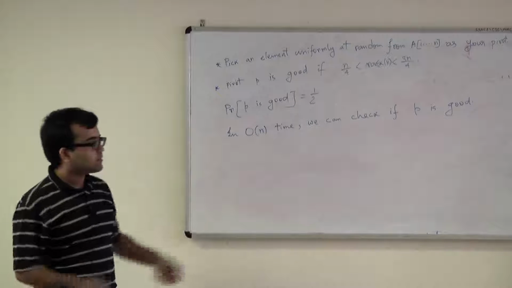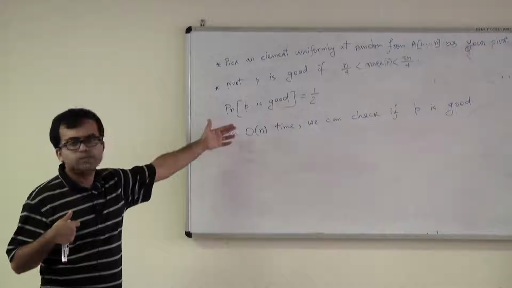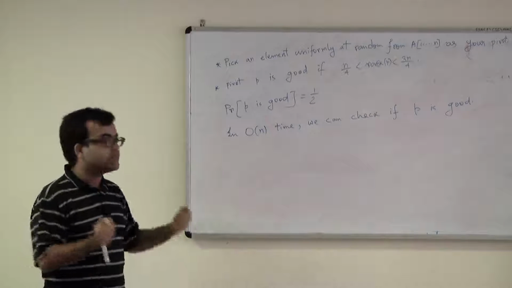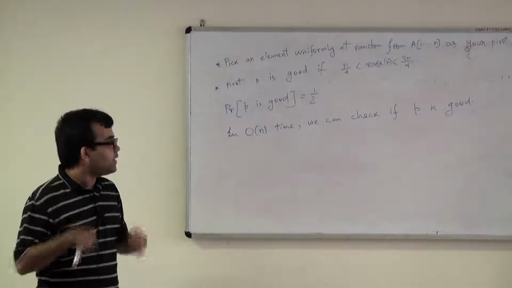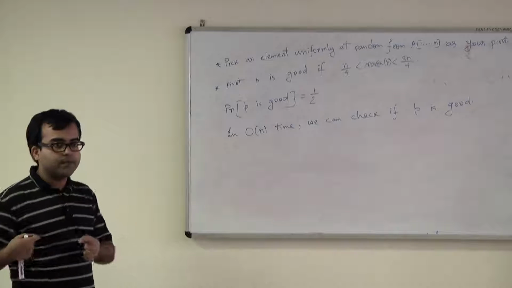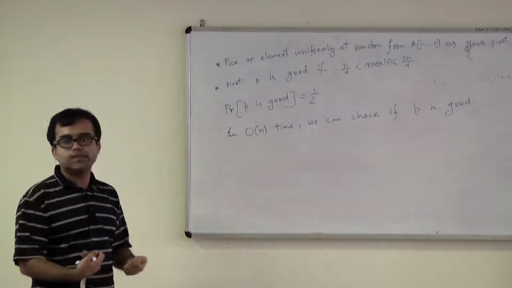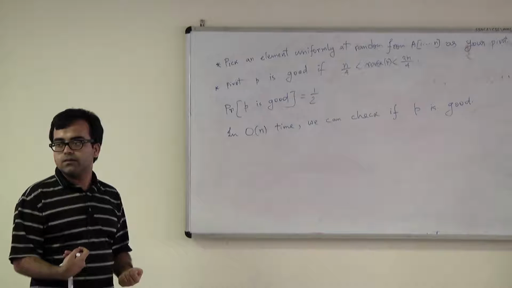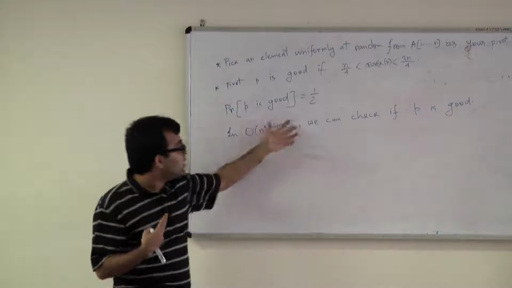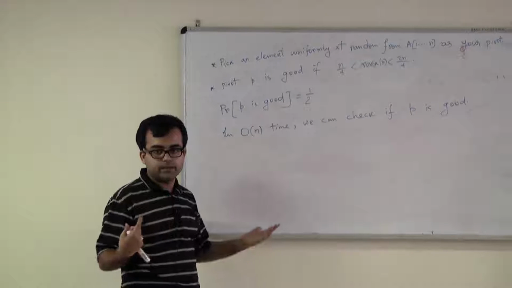Similarly here, suppose you pick a pivot uniformly at random and check whether it's good or not. If it's bad, again pick a pivot uniformly at random and check. If it's bad, pick one more, and keep on doing this till you find a good pivot. So how many times will you need to repeat this experiment in expectation? 2, right? It's exactly analogous to tossing a fair coin when you want to see how many tosses it takes to get a head.